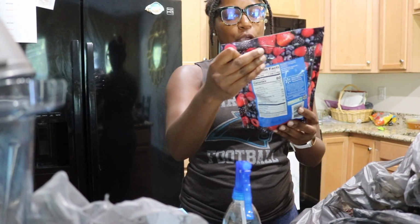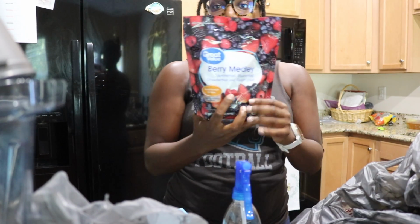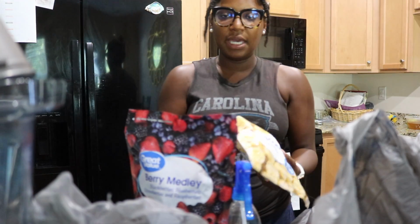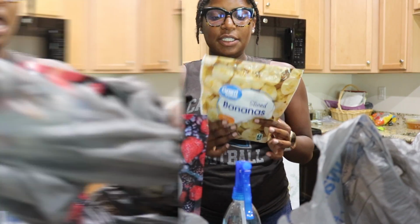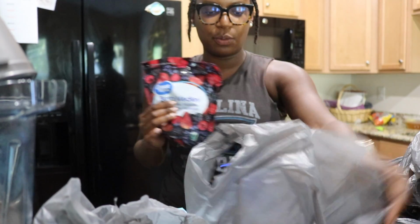Next up is a berry medley: strawberries, blueberries, blackberries, and raspberries. I love this for my French toast. I have been craving bananas, so I got some sliced bananas. And then I got another one of these because this is just so good on yogurt, which if you guys